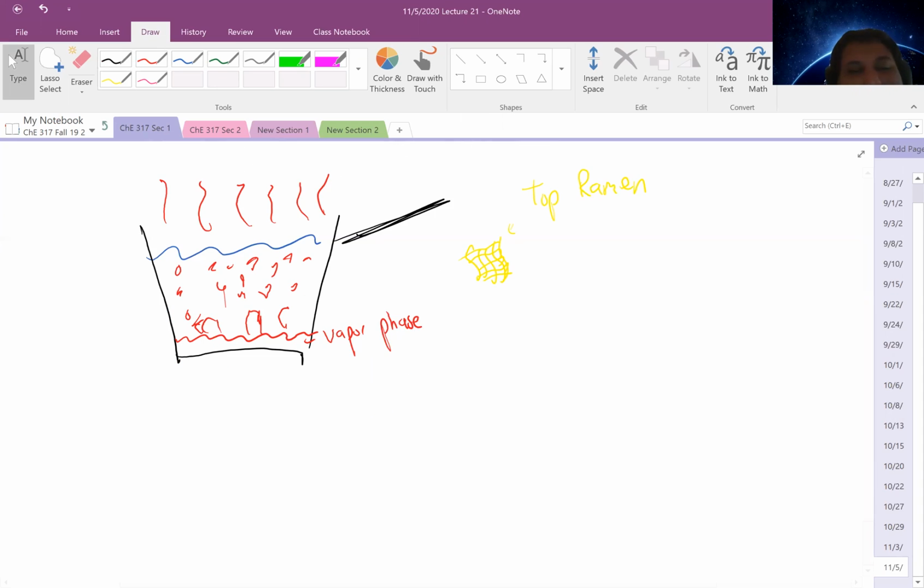And so now the energy entering the system, which was going towards the vaporization of our liquid, is now going into heating this vapor phase. And what do we know about the energies associated with heats of vaporization? Are they high or low? They're much higher than a typical sensible heat. And so now all of the energy